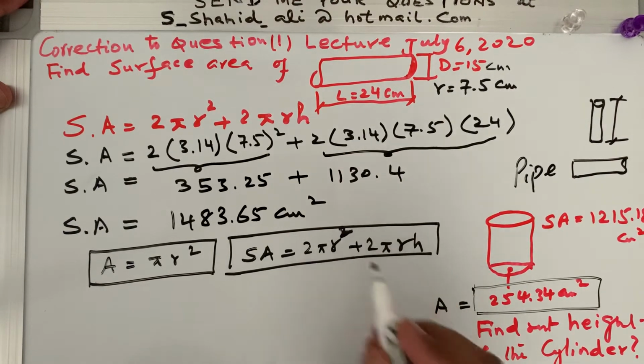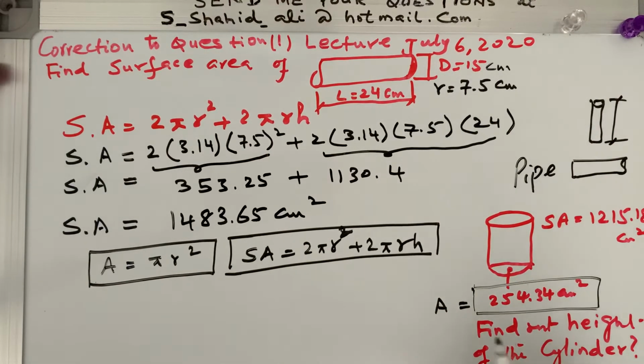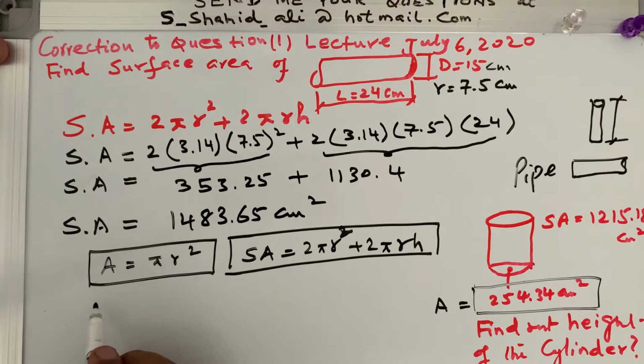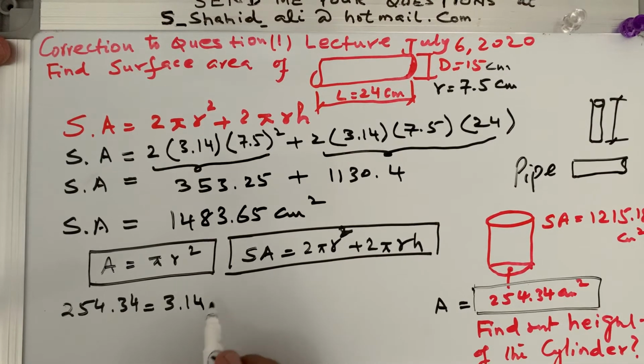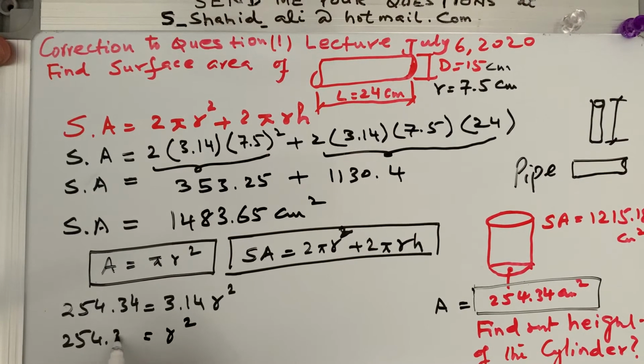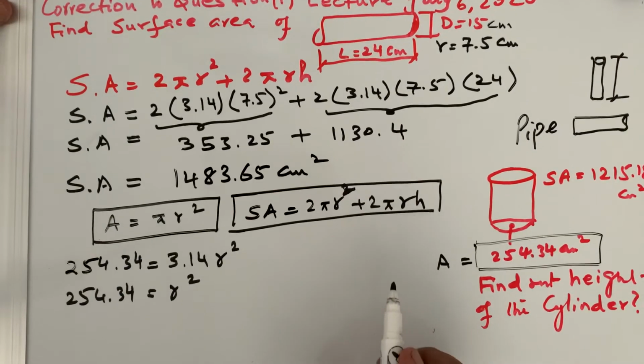So we will be using these two formulas to solve this question. First we will be using this area, which is the area of the circle, or the circular part of the cylinder. So we will be applying this. What is that area? 254.34 is your area, equal to 3.14 times r square. So my r square will be equal to 254.34 divided by